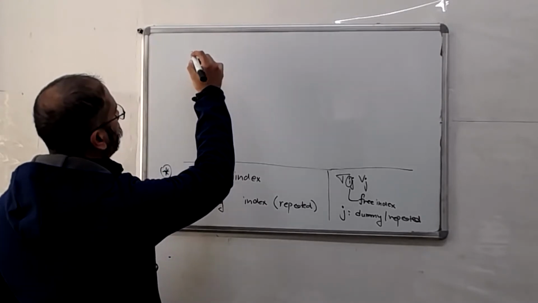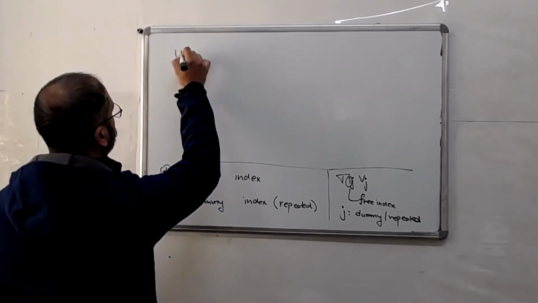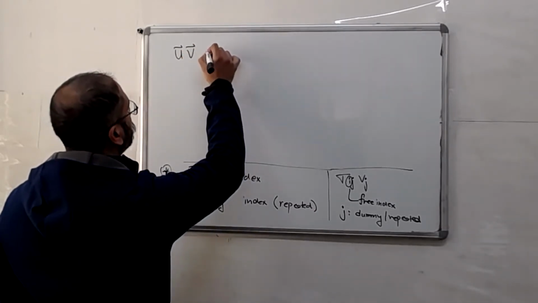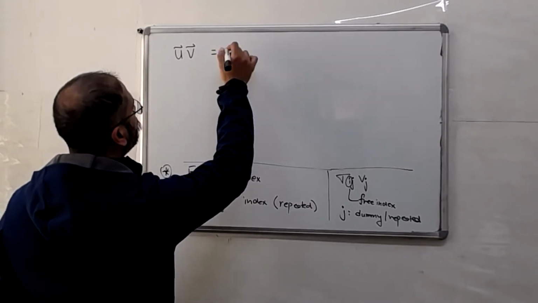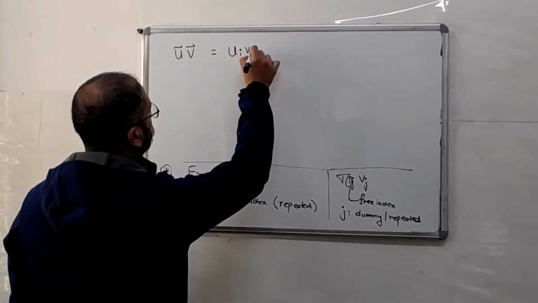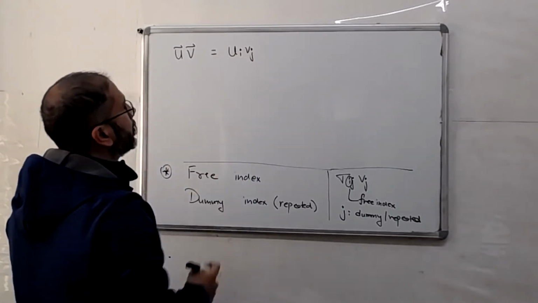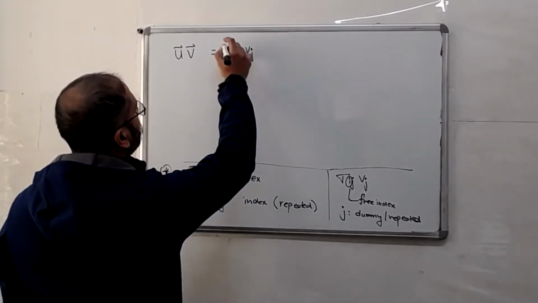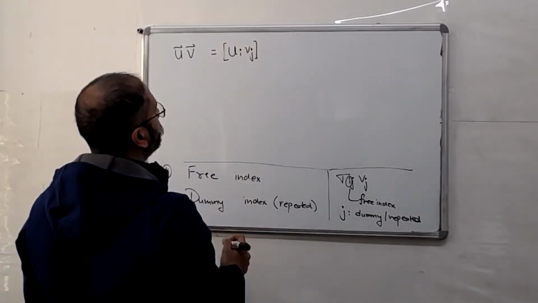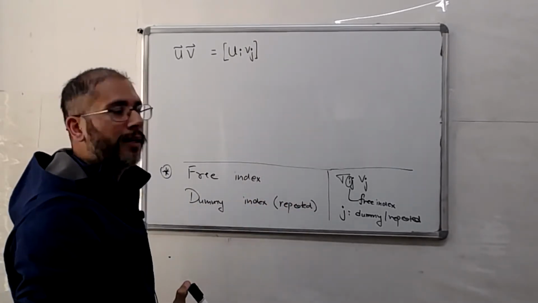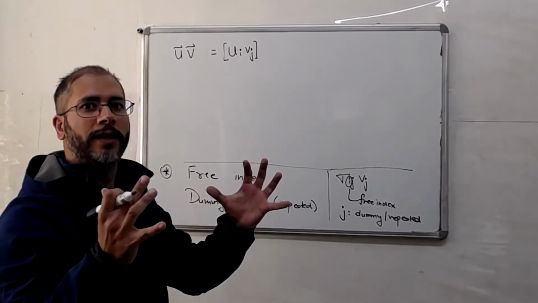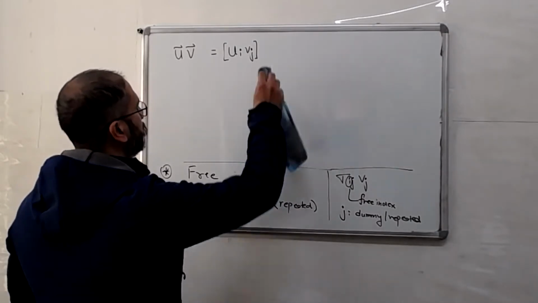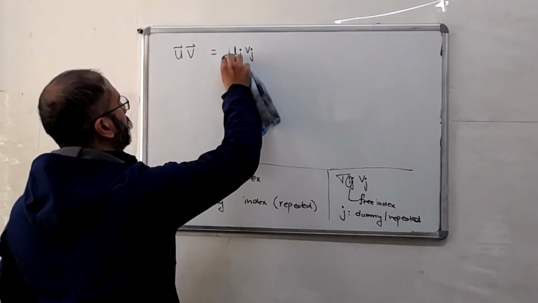So let me take the outer product of two vectors. Remember we used this uv, the dyad of two vectors, and we call this outer product. In our misuse notation, this becomes ui vj. In many cases, people will write it as ui vj with angle brackets, just to be a bit more clear that it's not just one of the terms, but the whole quantity altogether. But many times you will not see this. So let's get used to misusing the notation.